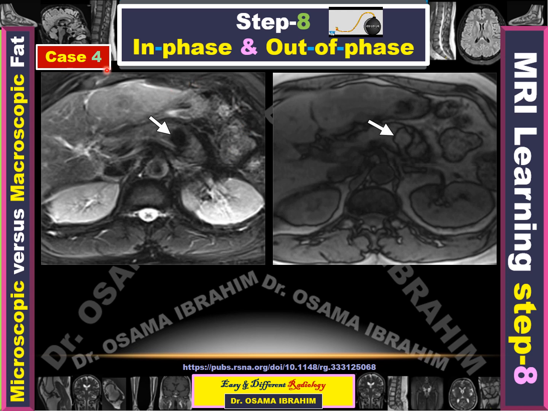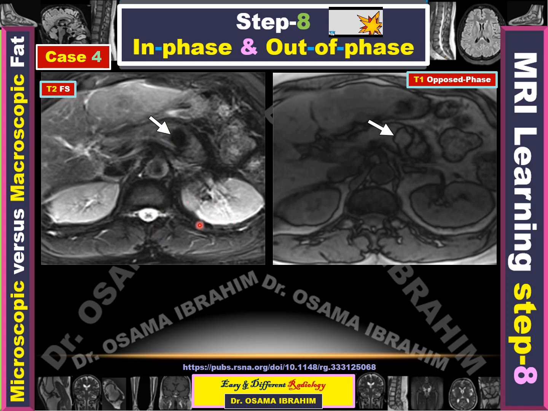Now with case 4, are there any opposed phase in these two images? And if you find it, is there any microscopic fat? Time out. This is the opposed phase appearing as boundaries for the organs, separating them from the surrounding fat and muscle also. Okay. So if you have a lesion like this in the tail or body of the pancreas,